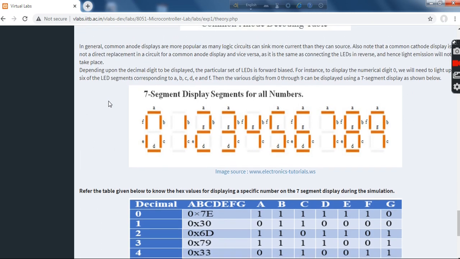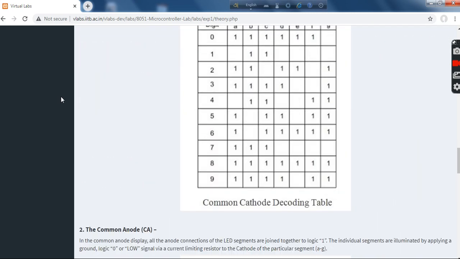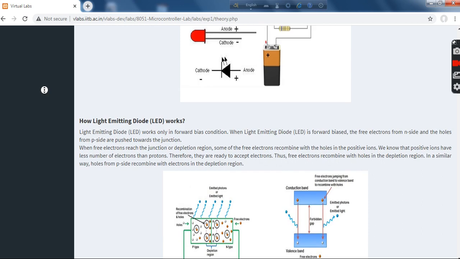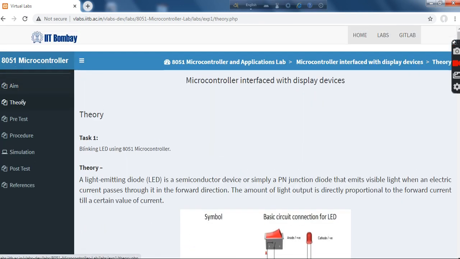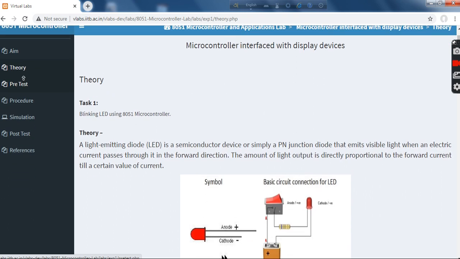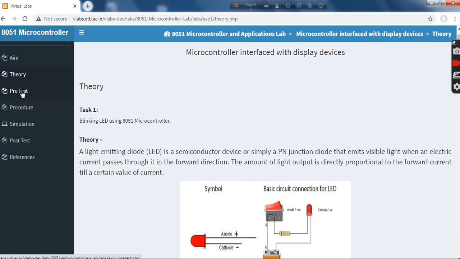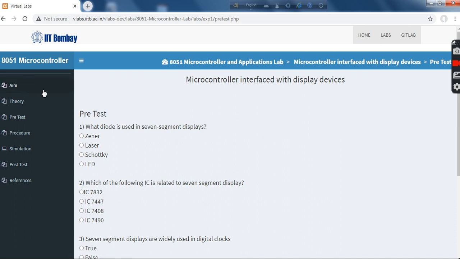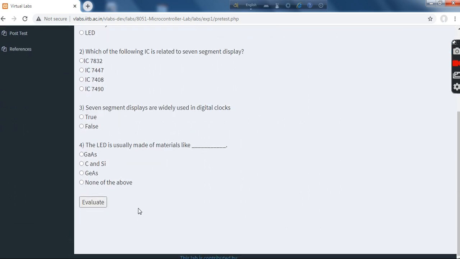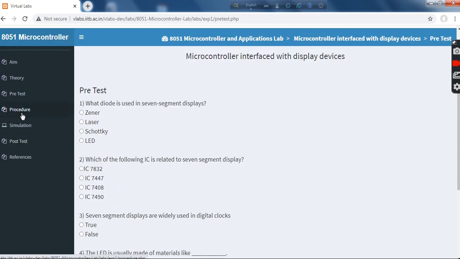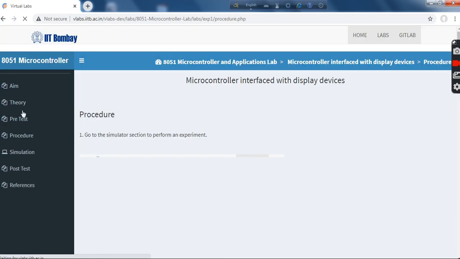Now we are going to the next section, that is the pre-test section. In this pre-test section there are some MCQs which the student should solve. Next we are going to come to the procedure section.